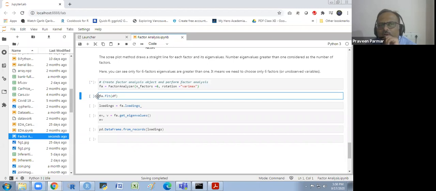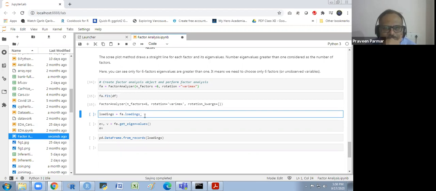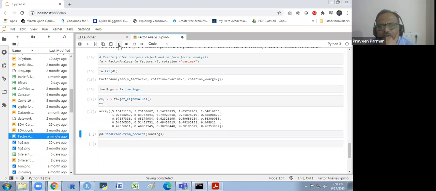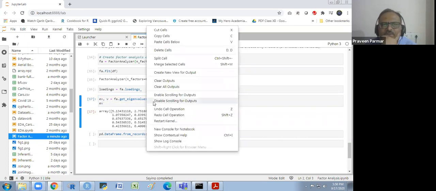So it has been run. Now I want to fit it, so I will get the fitting. It has been fitted here. And now I will see the attributes of this FA. If I see the FA fit, I will get the loadings, fa.loadings_. Here the underscore at the end is very important because the function has been changed, so we are getting a different technique to find it out. This again shows the eigenvalues. It's not compulsory to show the eigenvalues again, so we could remove this cell. I delete this cell.